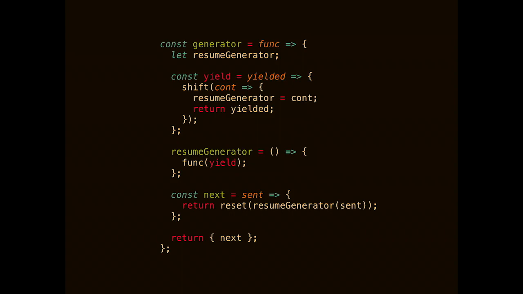So we know that when we start executing our generator, we want to be able to save a continuation that's going to run back up to that point. So inside next, we call reset. And inside reset, we just run here whatever function was passed into our generator function. And we pass into that function yield. And yield is a function that does very little beyond call shift. So it calls shift, it takes the current continuation at that point, it stores it in resume generator, and it returns whatever was passed into yield.